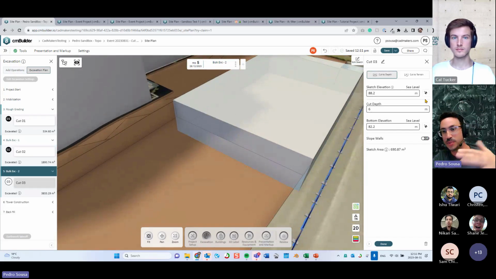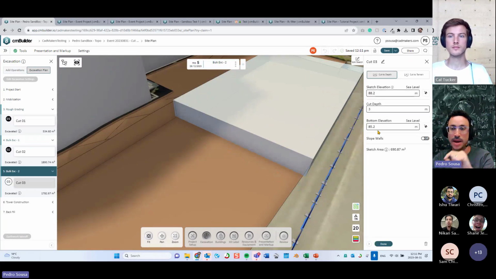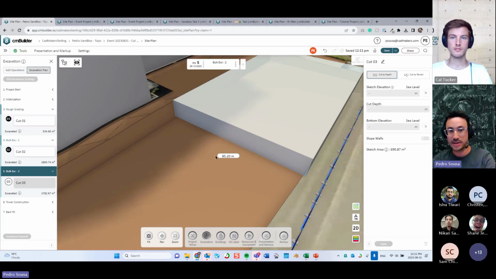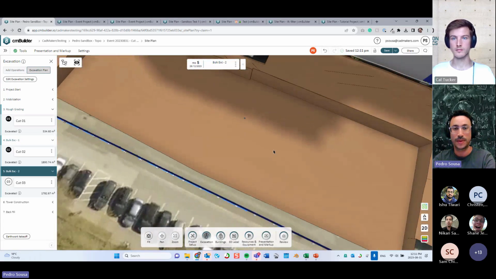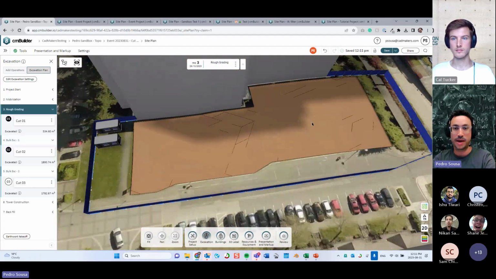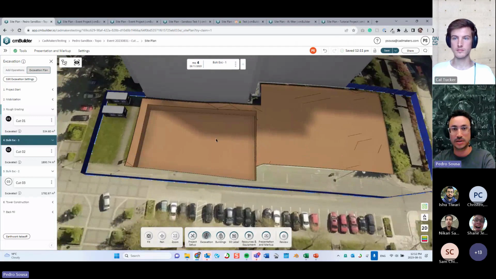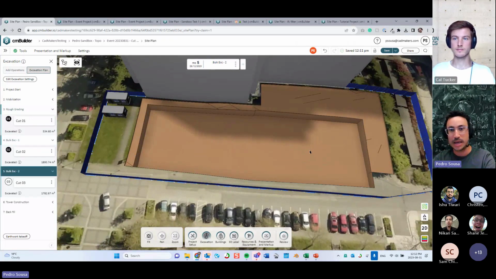And not just the sketch, but anything that has this icon over here means that you can grab an elevation from the map and put that elevation as your value in here. So for example, now I just made the bottom of my elevation fit the bottom of the previous excavation that I had before. Cool. So now I have my rough grading stage, my bulk excavation stage, and then my second